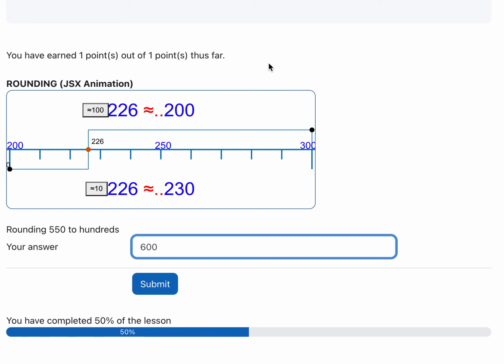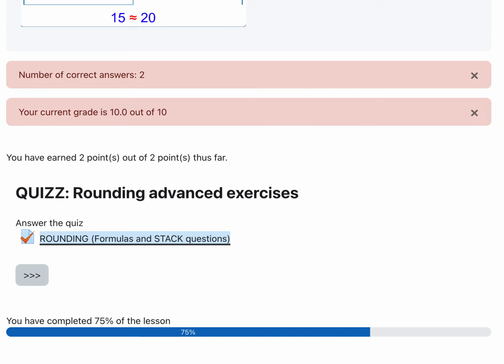We have to explain that this type of questions are very limited. For example, there are not random numbers, it's always the same, but it's important because it helps a student to check if it understands what is going on. Here we have two questions in the video, and then we want to know if the student really understands what is about rounding.